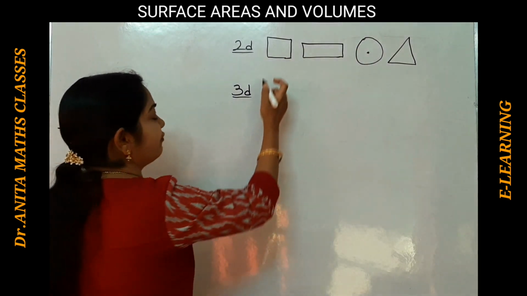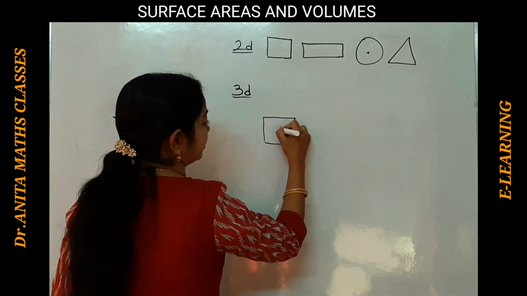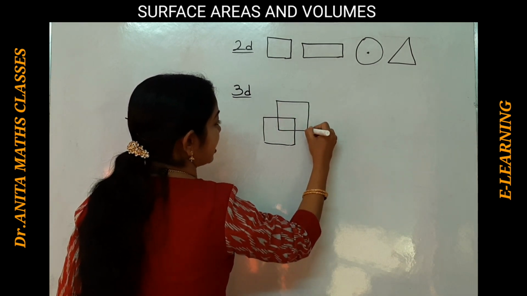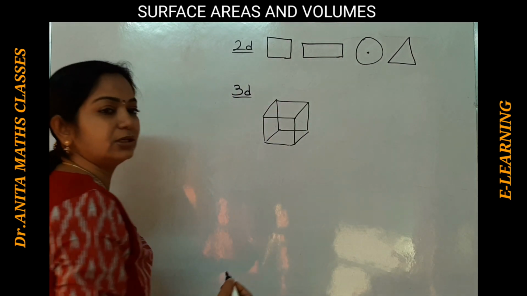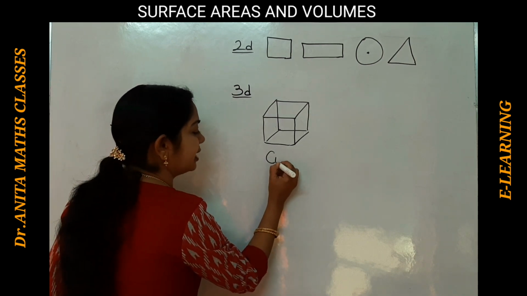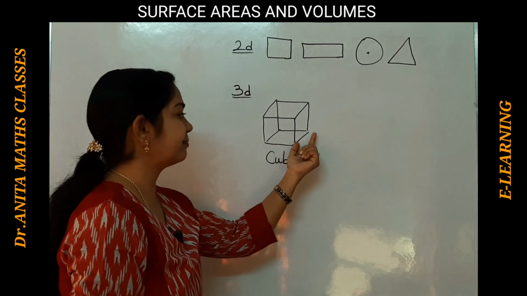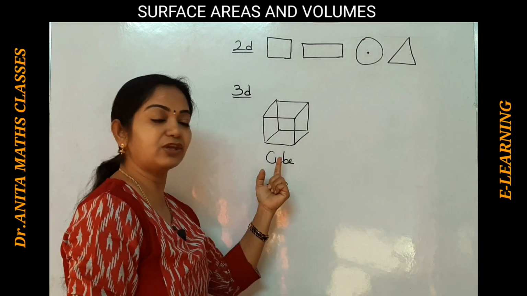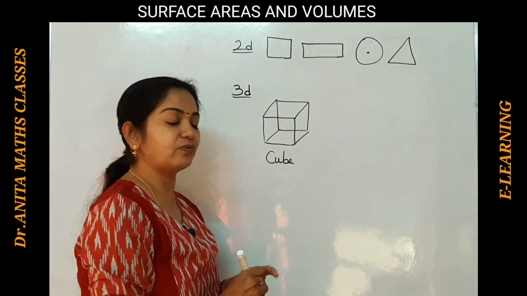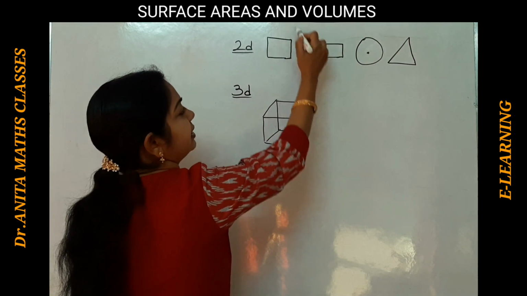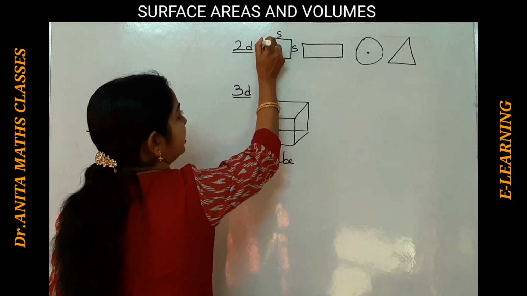With the height, like if I suppose this as a square and if I draw another square, just I am illuminating here but not we are visualizing. So this is a cube. This is a three-dimensional figure. It has some length, some breadth, some height. But in the case of a cube, length, breadth, height are of equal measures. So we tell them as squares. Here in a square, you have side and side. All these four sides are equal.